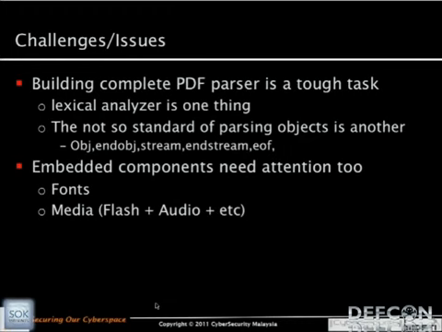I would say building a complete PDF parser is a very tough task. Having a lexical analyzer is one thing, but parsing non-standard objects is another. Embedded components also need attention, like fonts. How many exploits are leveraged on fonts? Recently on iOS, jailbreak Me 3 also started from a font, right? And of course, media, Flash, audio, and the like are also main problems to address within the PDF